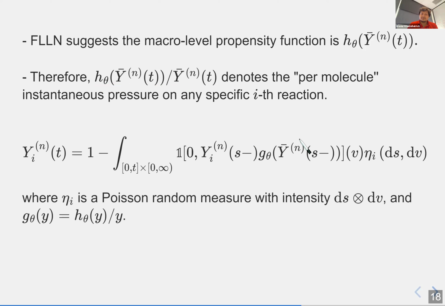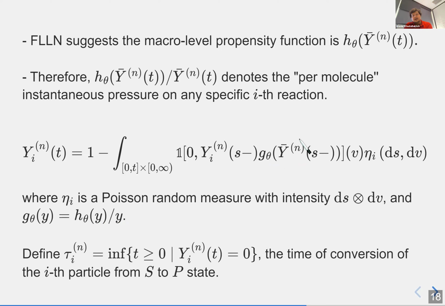So now we can describe the dynamics very easily. It's a very simple stochastic process. It starts at 1, and then I have a Poisson random measure. And as I said, this g_θ, which is just h divided by y, the per molecule intensity, is multiplied by this y. So when this is 1, it exerts this instantaneous pressure, and whenever there is a jump in the Poisson random measure, it turns to 0, and then it just stays there forever. So that's the